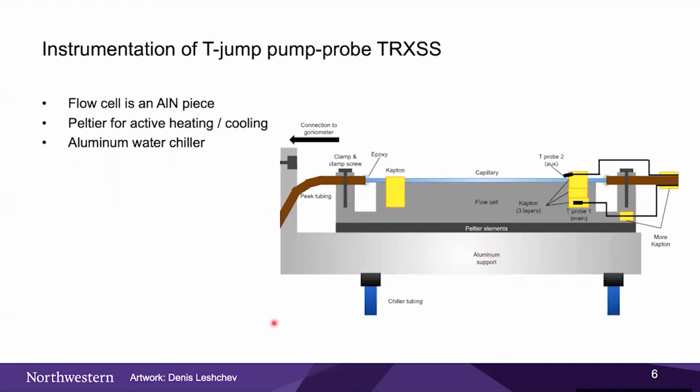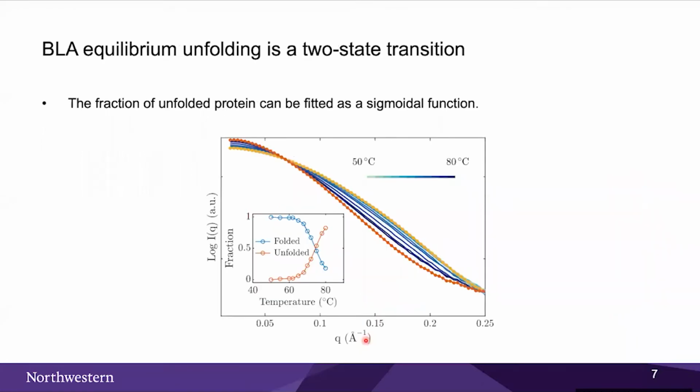So this flow cell allowed us to perform many different experiments, from insulin to ubiquitin to the bovine alpha-lactalbumin that I'm going to talk about. But before we actually do the time resolved study, we decided to first look at the equilibrium unfolding. We thought that, okay, because this protein has a fully unfolded state and a fully folded state and a state in between, maybe we can simply see it using equilibrium unfolding. It turns out we cannot.